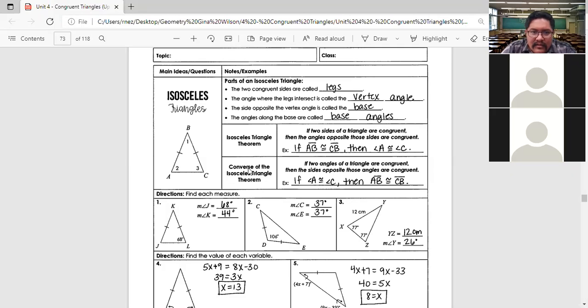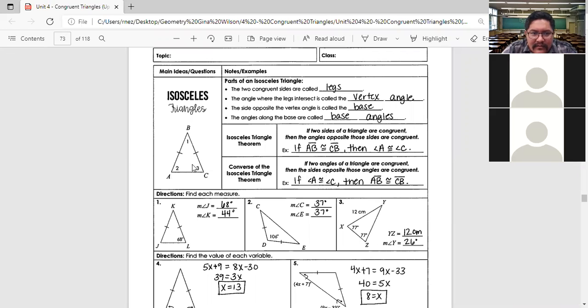All right, so the converse of the isosceles triangle theorem. It's the same thing, but kind of opposite or backwards. If two angles of a triangle are congruent, then the sides opposite those angles are congruent. So if angle A equals angle C, if we know that this is a certain degree measure and that is also the same degrees,